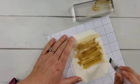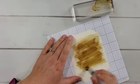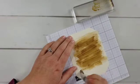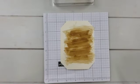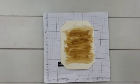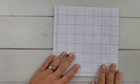If you get your color dark and you want it to be lighter, you can add a little bit of water and try to move that around some. This works a little bit better with the shimmery white and with the watercolor paper, but like I said, we can make do with this. Now, is this my favorite watercolor background ever? It is not, but don't worry, we are putting lots of things on top of this. So if you try this and it's not your favorite, keep in mind there will be lots of things to go over top. I'll set this aside to dry for a few minutes, and we are going to